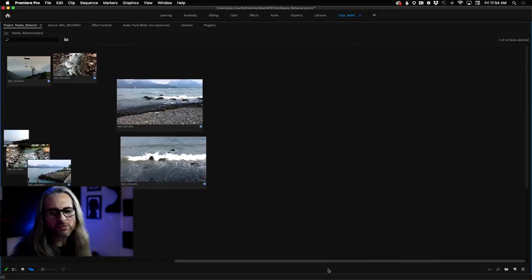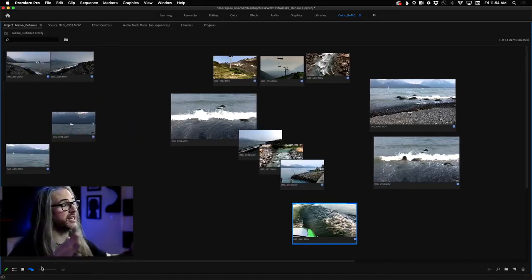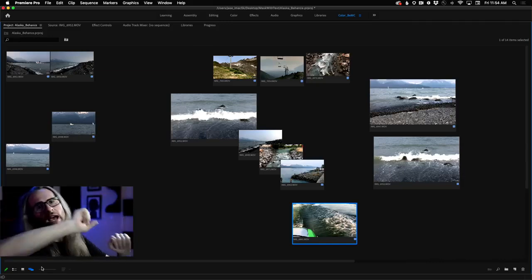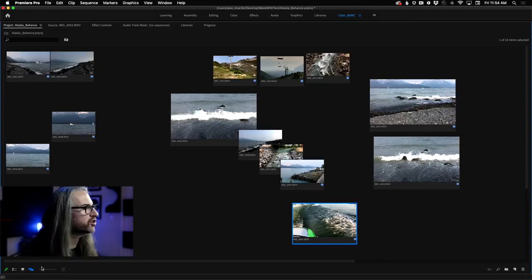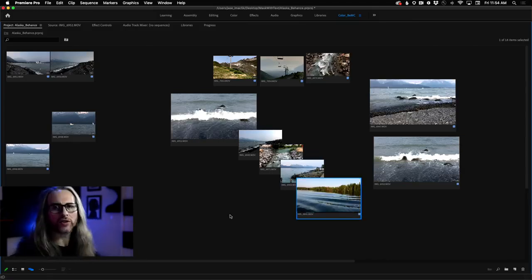Now I'm using a single monitor here, and based on the stream, I'm working in 1080, 1920 by 1080. If you've got a huge monitor, you can put this stuff all over the place. You can drag things off screen. You can make as much available real estate as you need to be able to organize all of your clips